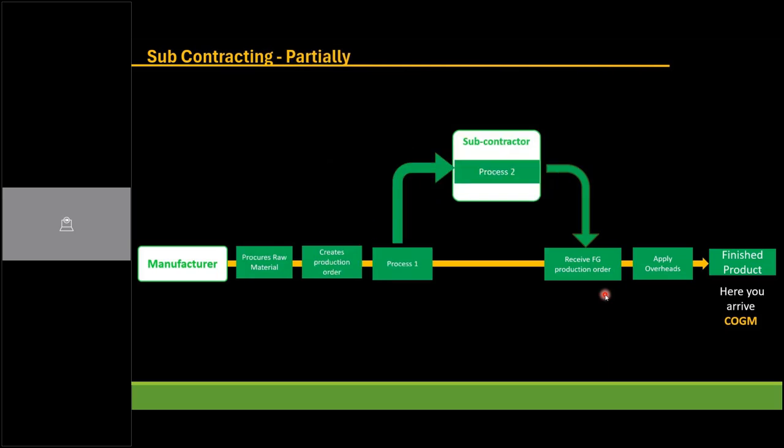Now imagine another scenario where you do a partial process, but some processes your subcontractor will execute. Then how will you do this? Even in this subcontracting scenario, you will have to determine the proper costing variant. In the costing variant, in subcontracting, you will tell which price should be picked up. Again, in routing, you will say which processes you will carry out internally and what will not be carried out internally. All of these are there.